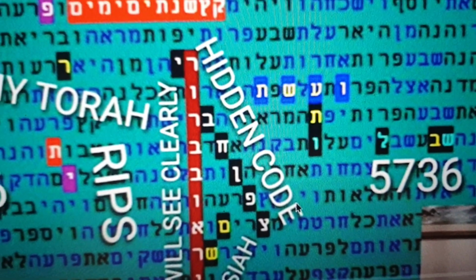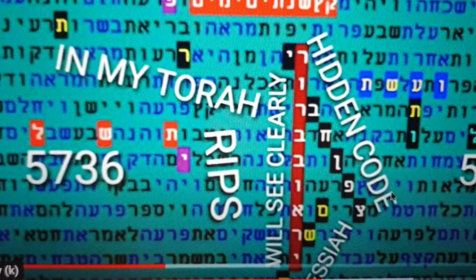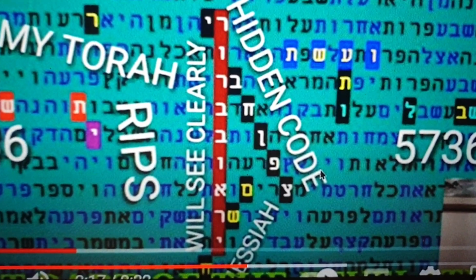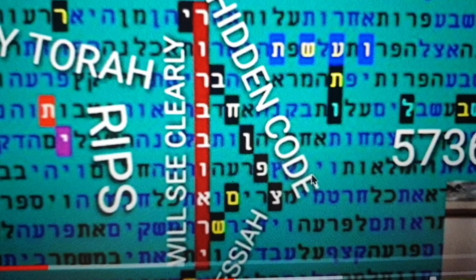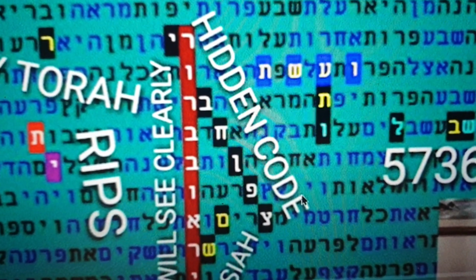What will they see clearly? Hidden code in my Torah. Amazing. Once in the Torah, every 50 letters, very likely to do with the 50 gates of understanding,